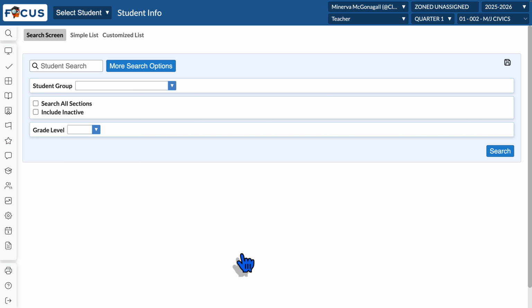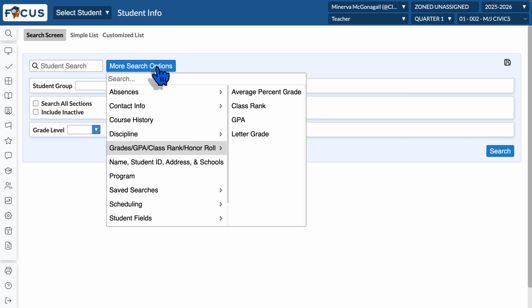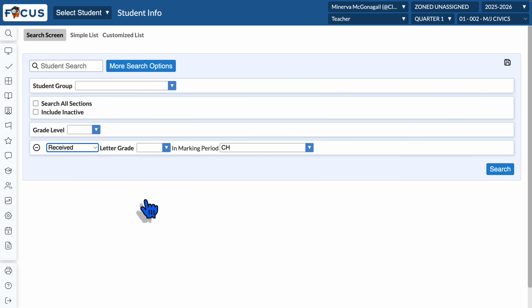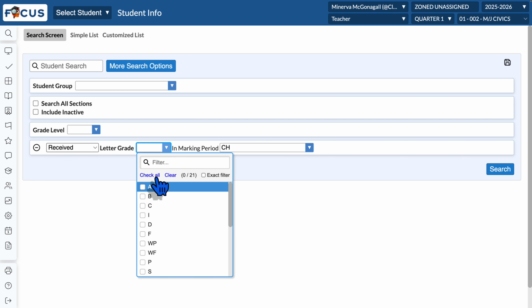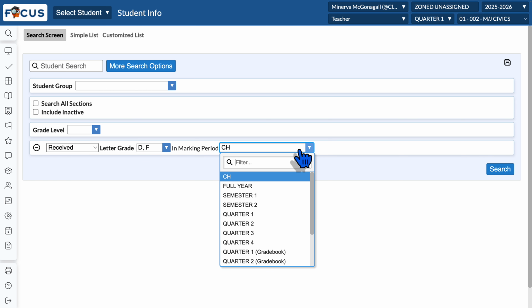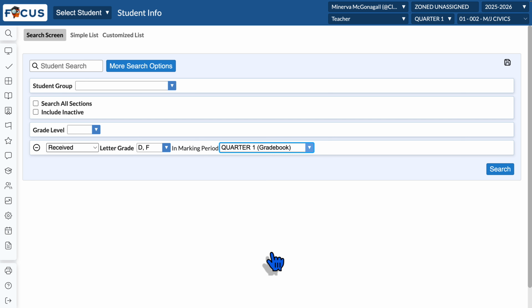We're going to click on More Search Options, and then we're going to choose Grades, GPA, and choose a letter grade. We want to monitor anyone who has below a 70 in our grade book. So the best way to do that is to choose a D or an F. This part is important, your marking period. We're going to choose our Q1 gradebook because we want to know up to the minute what that student's gradebook